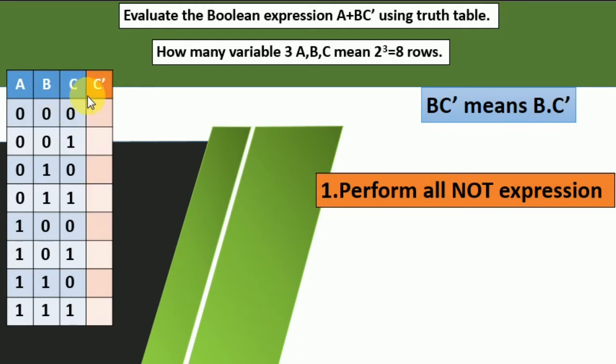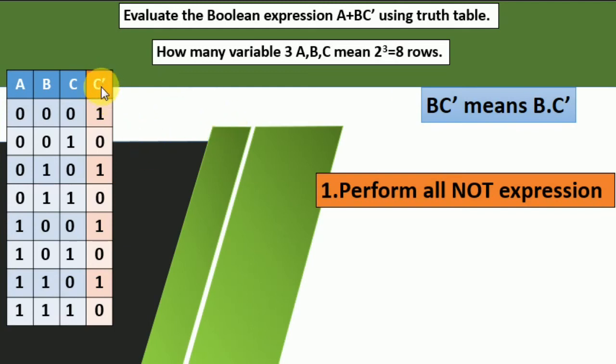That means if it is 0, it becomes 1. If it is 1, it becomes 0. Again 1 0 1 0 1 0. You know that false, true, true, false. The NOT sign has been used. You know that NOT is used to convert true to false and false to true. Now we have solved C complement.